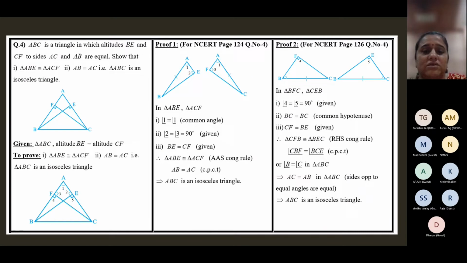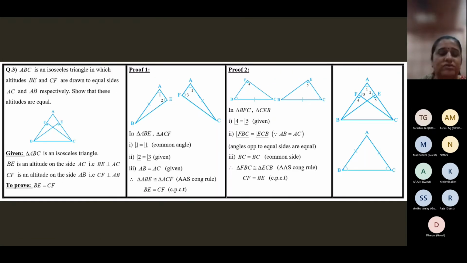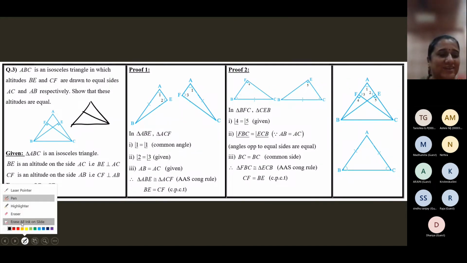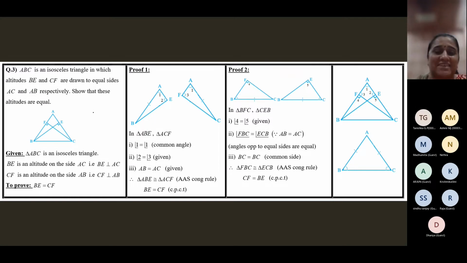All right, children, this is similar to the earlier one, so I'm not explaining this. It's just a reverse of this. So here it's an isosceles triangle. Here it's given it's an isosceles triangle. We have to prove that the altitudes are equal. Sorry, I'm just hurrying now. I just looked at the time. It's 7:50. So I'm suddenly missing some statements. Let me do it slowly.